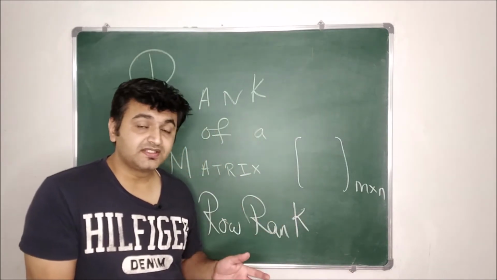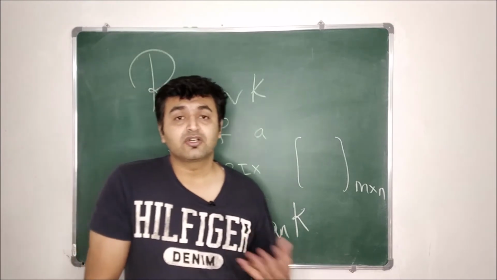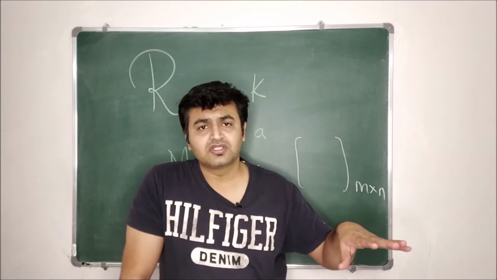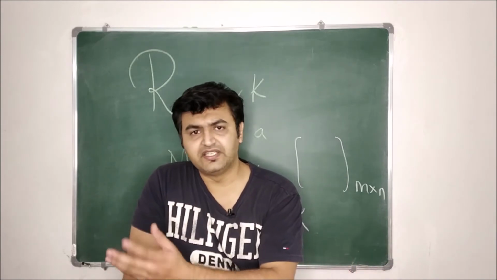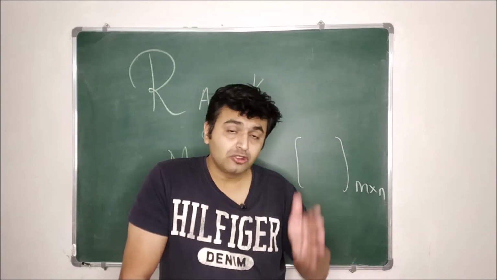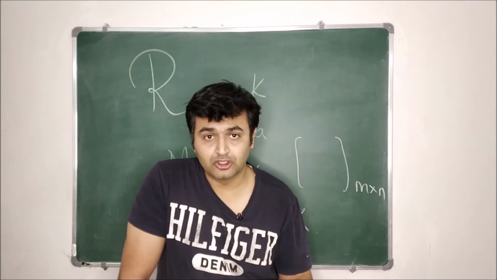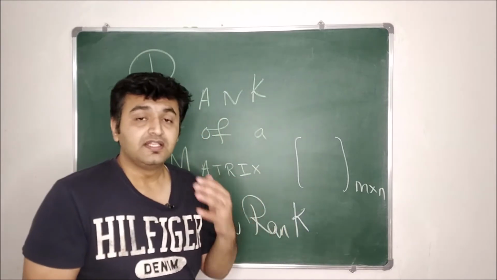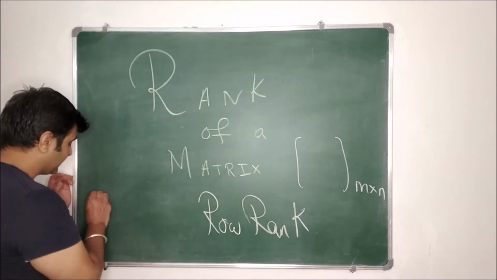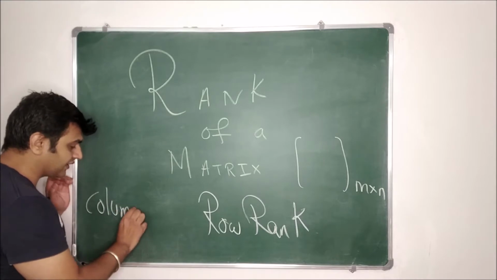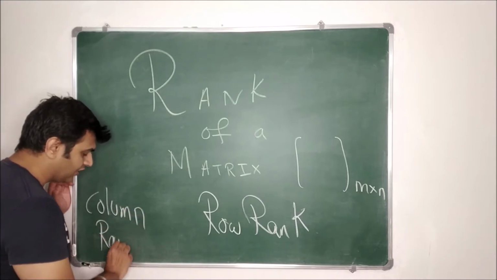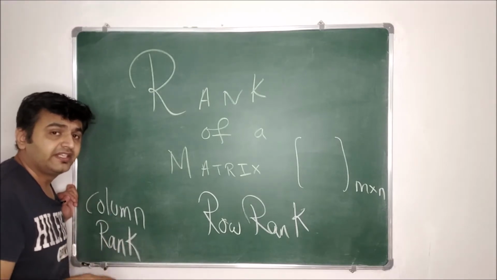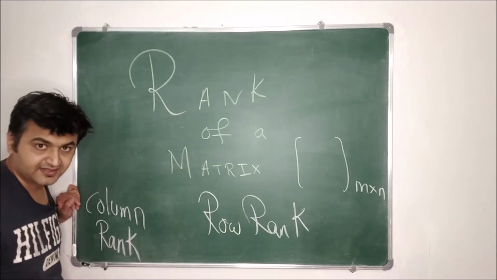The same notion is there for the column rank. So what will be the column rank? You have the columns, you take a column. If it depends on other columns, that is not of any interest to us. So look for those columns which are independent, that means those columns which cannot be obtained from other columns. The number of linearly independent columns is called the column rank of the matrix. If someone asks you what is column rank, you simply say the number of linearly independent column vectors.